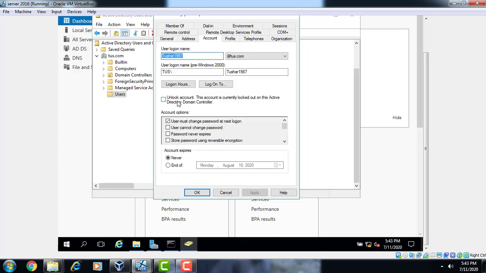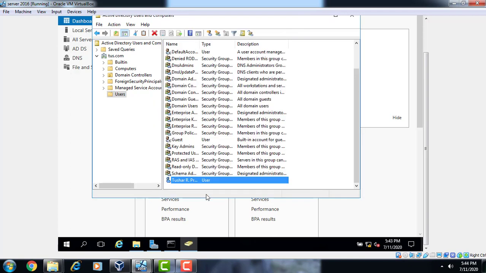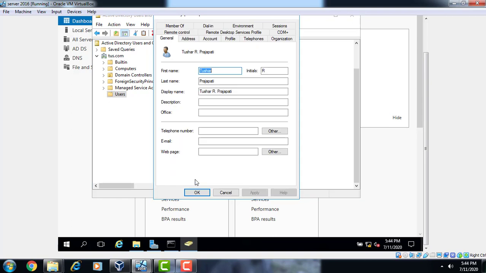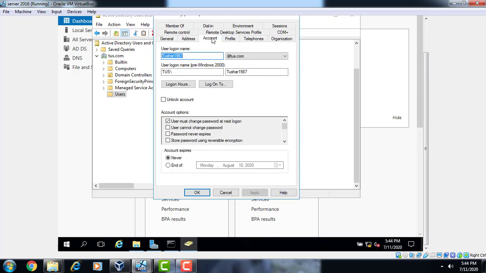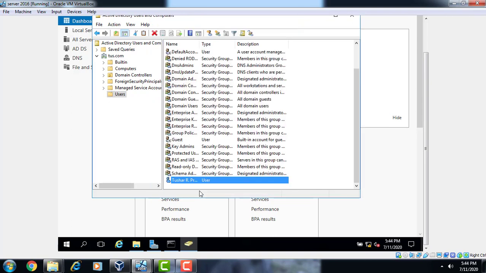You can see the message to unlock the account. This account is currently locked out. Now click here, apply, okay. Again see the window. Now you can see the account is unlocked.